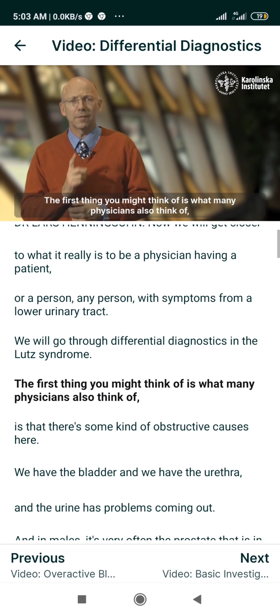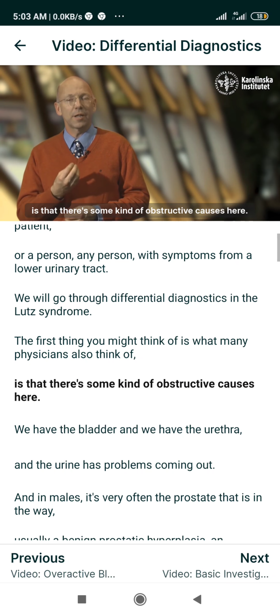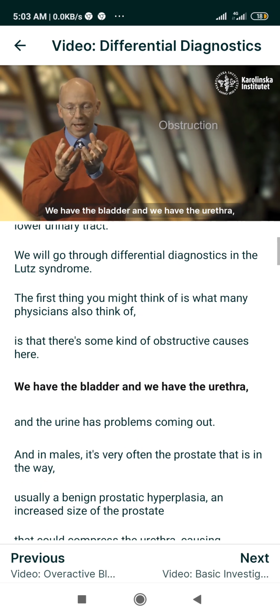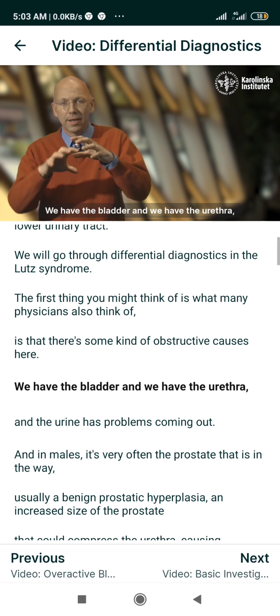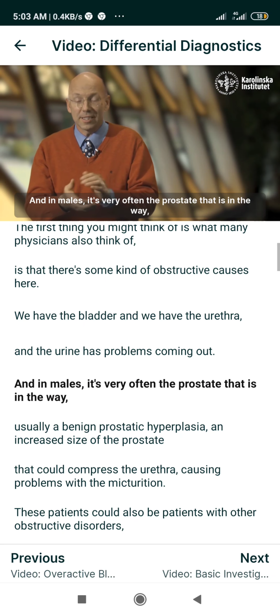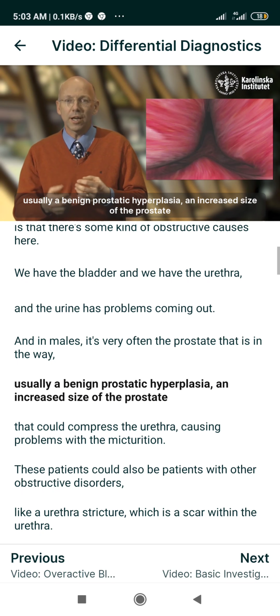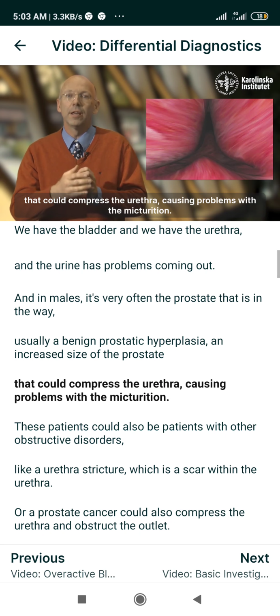The first thing you might think of, as many physicians also do, is that there's some kind of obstructive cause here. We have the bladder and we have the urethra, and the urine has problems coming out. And in males, it's very often the prostate that is in the way, usually a benign prostatic hyperplasia, an increased size of the prostate that could compress the urethra, causing problems with the